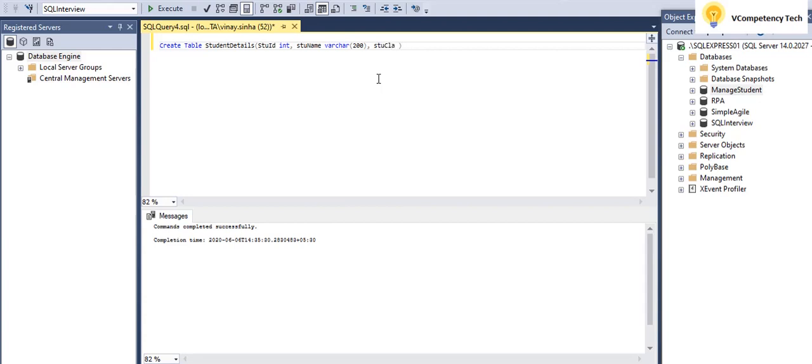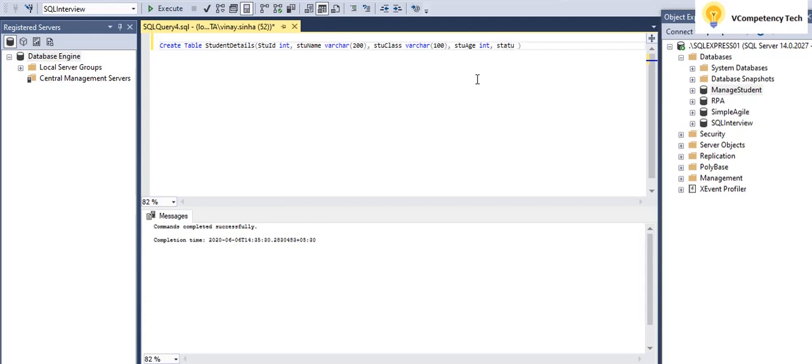Stu class, which class they are studying. So varchar I will give around 100. Then I will give stu age, that I will give int. And also I will give status, whether this student is still there in school or not.